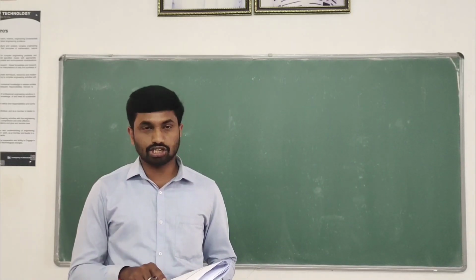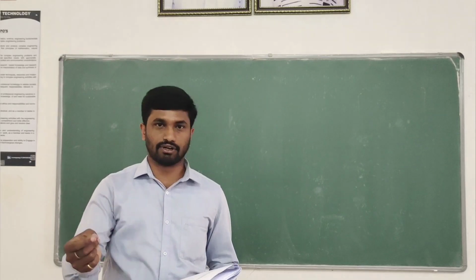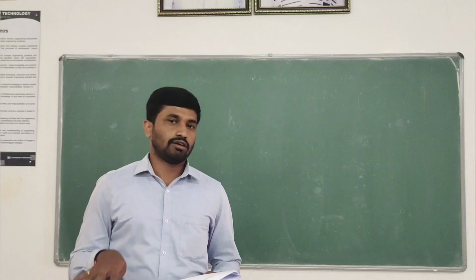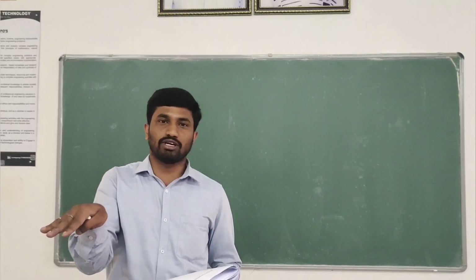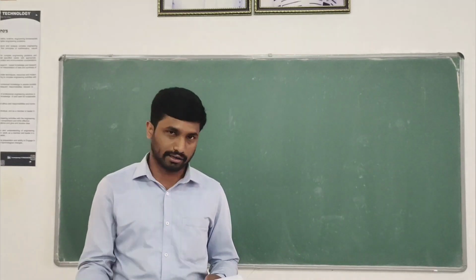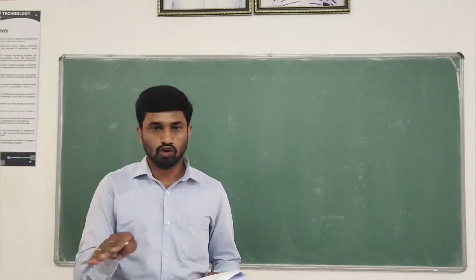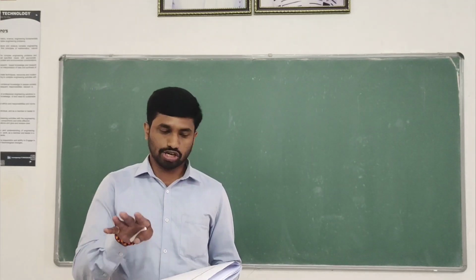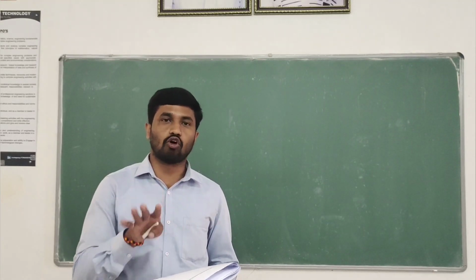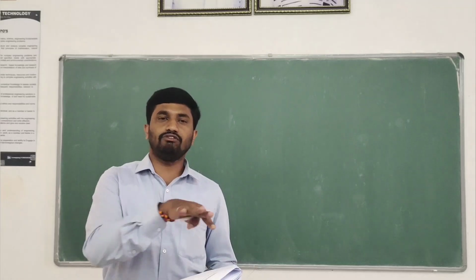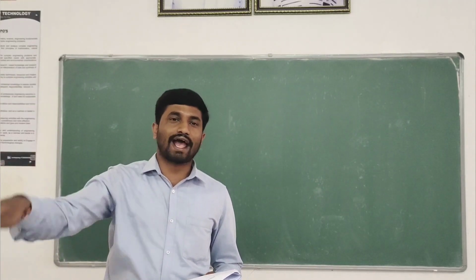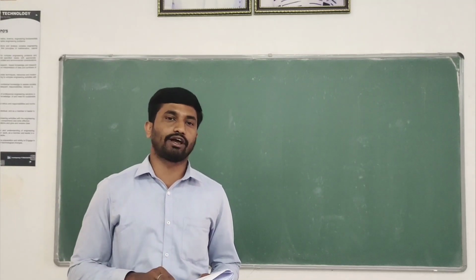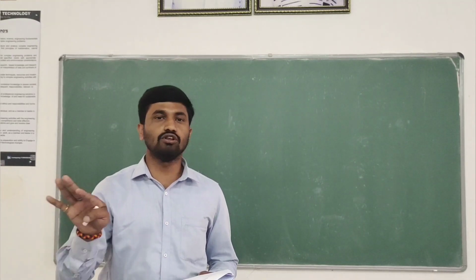See, the condition given, the resultant is given as 500 Newton and is acting along x-axis. What does it mean? The resultant is acting along x-axis means sigma Fx equals R and sigma Fy equals 0. So by reading the problem, you can come to a conclusion which kind of conditions you have to apply to solve these kinds of problems. In the previous problem, all forces act vertically down, so the condition given was different. Hence we applied sigma Fy equals R and sigma Fx equals 0.